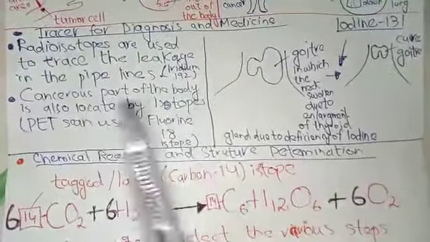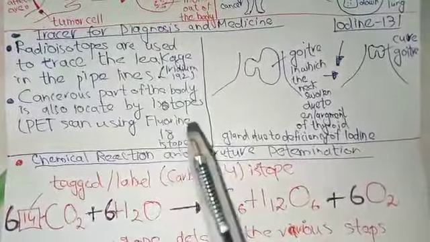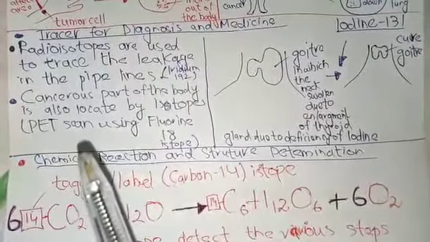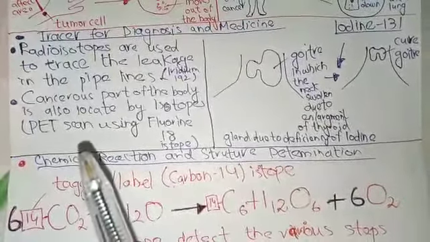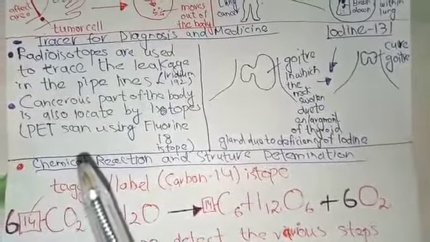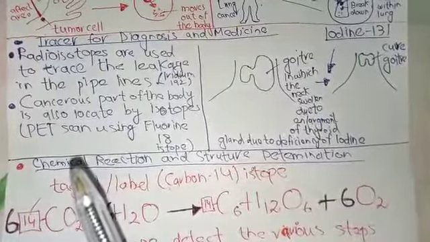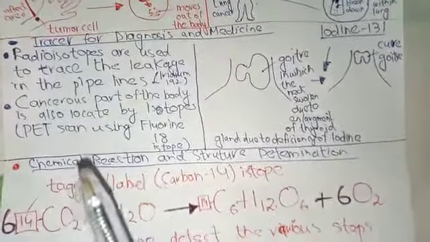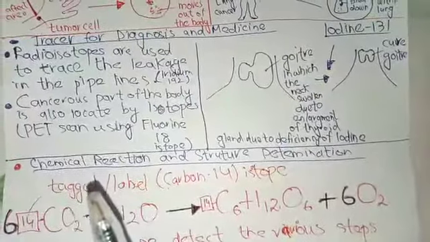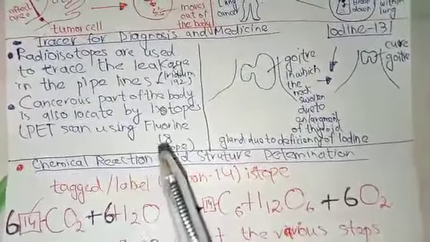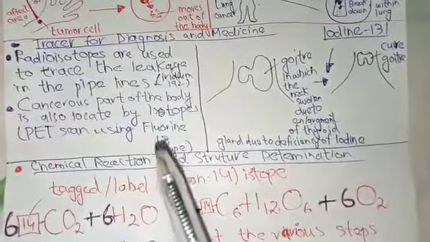The cancerous part of the body is also located by the isotope. Now class, the technique used to locate the cancerous cell within the body is known as PET scan. PET scan is actually the diagnostic technique by which we can locate the cancerous cell in any part of the body. In that technique, the nuclear medicine, you can say the dyes, are used that are further tagged with radioactive isotopes like fluorine 18.